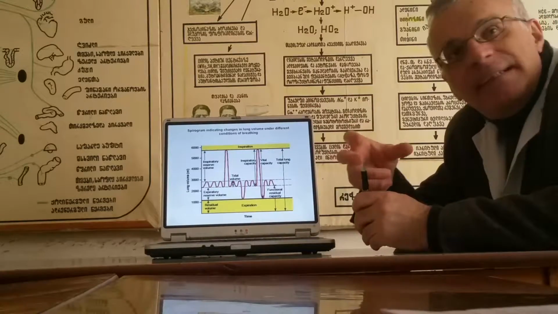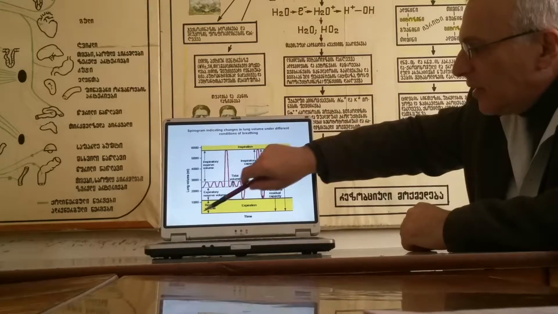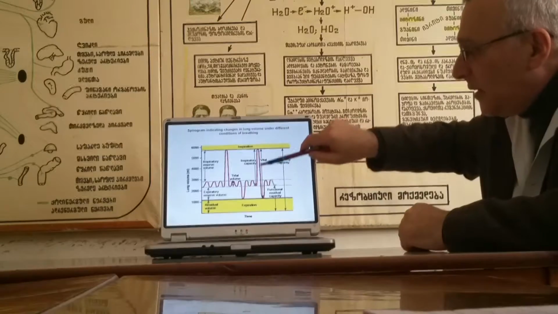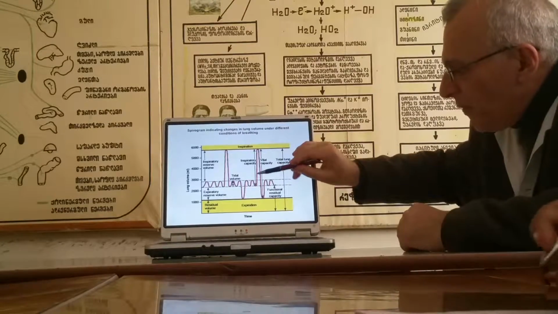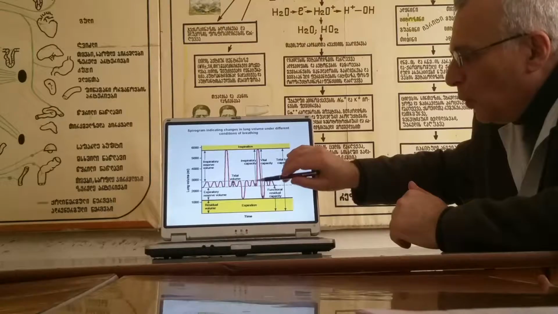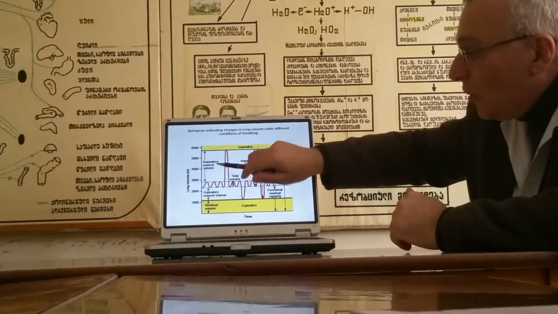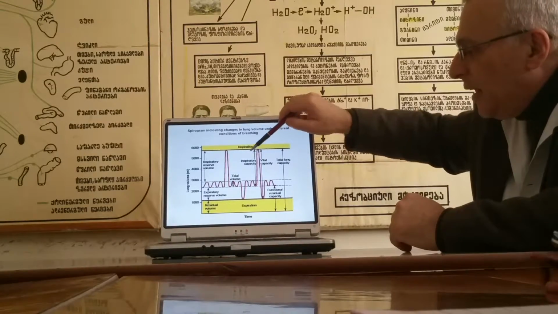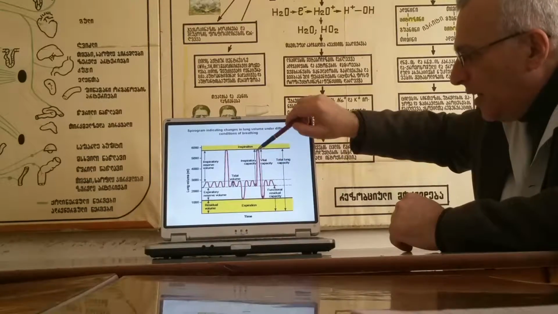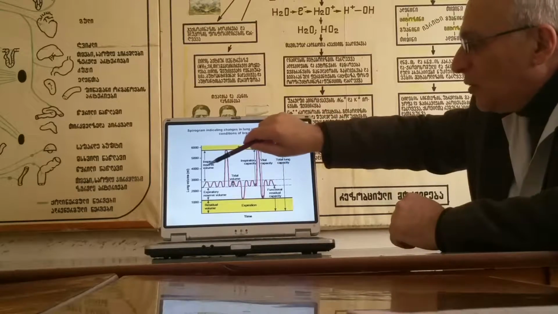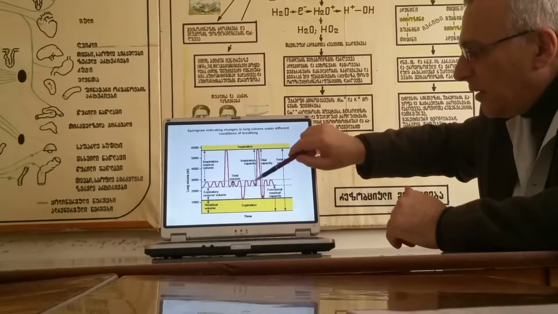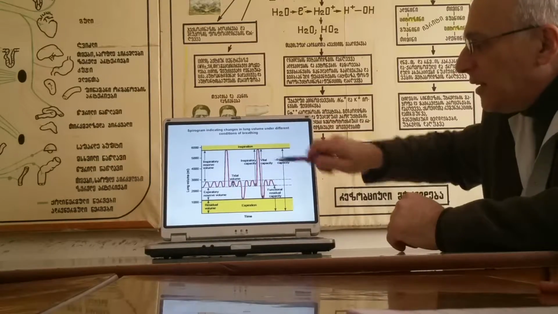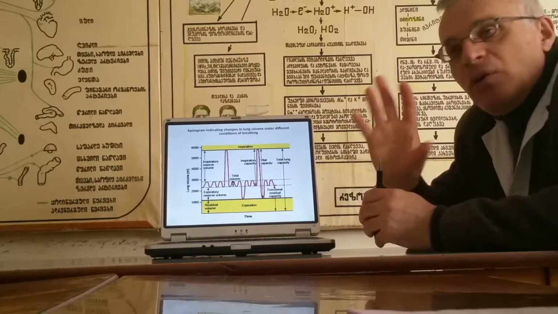But sometimes it's better to calculate and know two or three volumes together. These are called capacities. Here on the left side are volumes, and on the right side we talk about capacities. If we measure both tidal volume and inspiratory reserve volume together, it's called inspiratory capacity. This is about 3,000